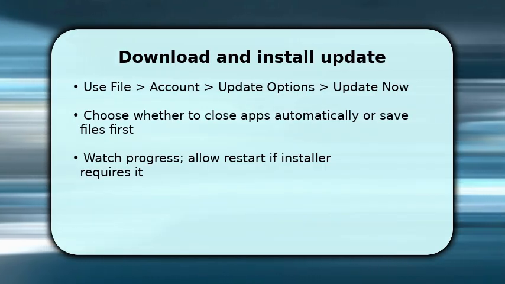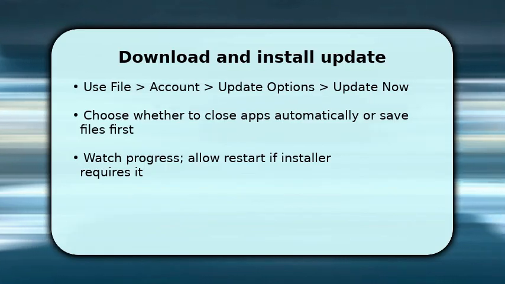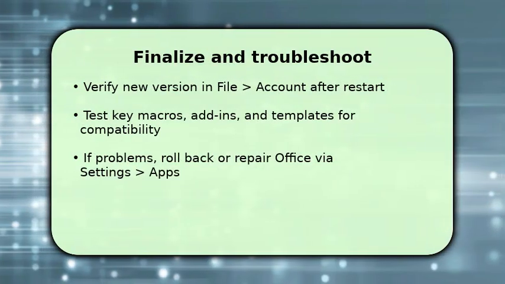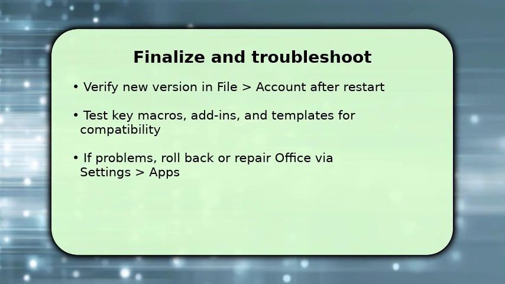The installer will download and apply packages, monitor progress, and follow prompts. If a restart is required, let Windows reboot. This finalizes file replacements and registry changes. Once the update completes and you restart, open Excel and verify the version and build in File, Account so you